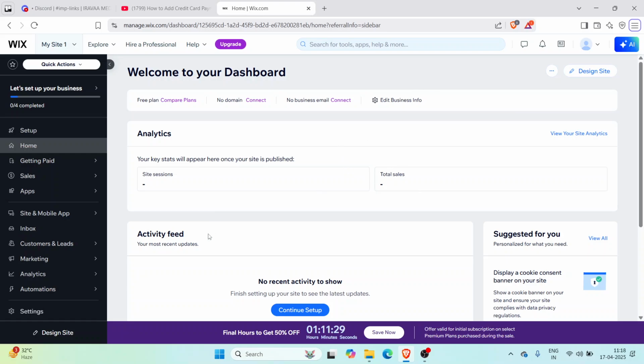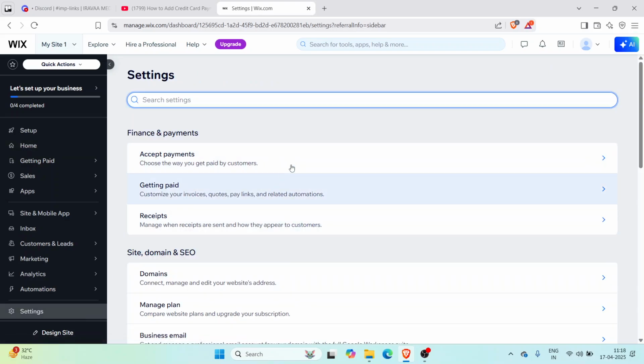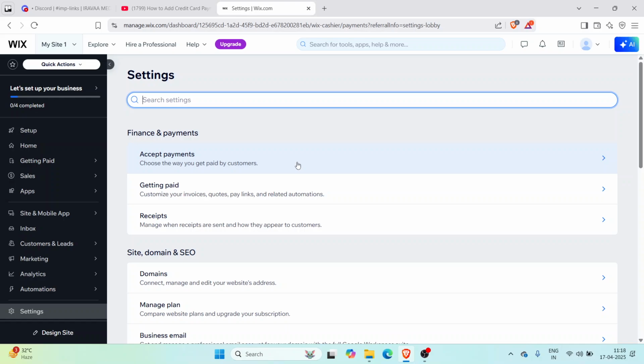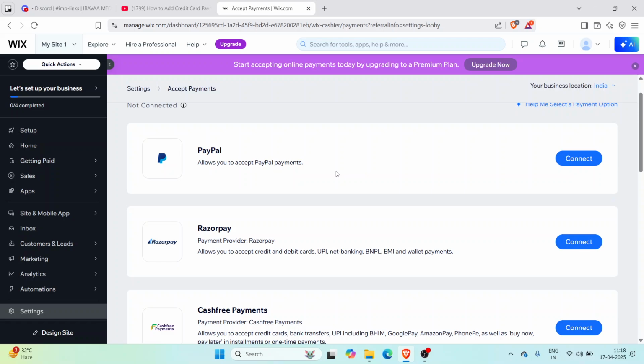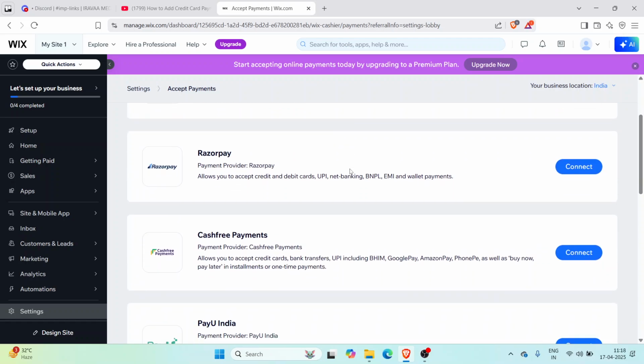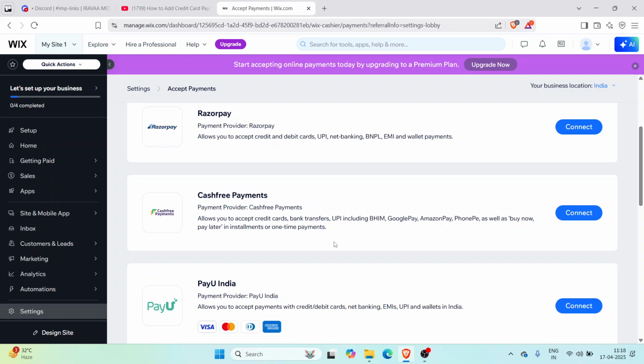After opening up their website, you have to go to the settings on your left. Click on settings. After clicking on settings, you will see the first option of accept payments. Click on accept payments. After that, you can see several options like PayPal, Razorpay, Cashfree payments,